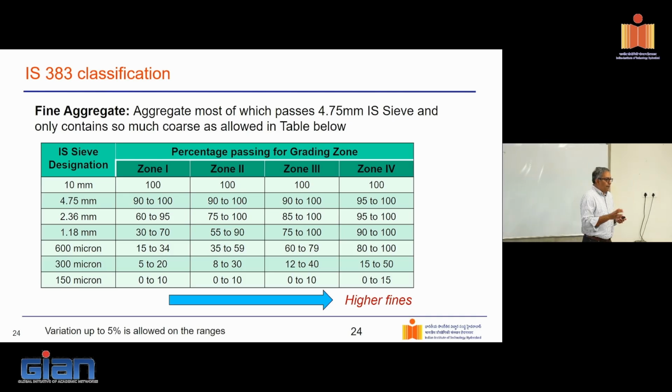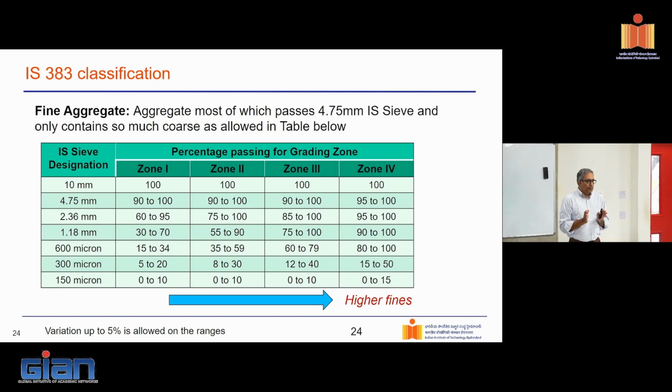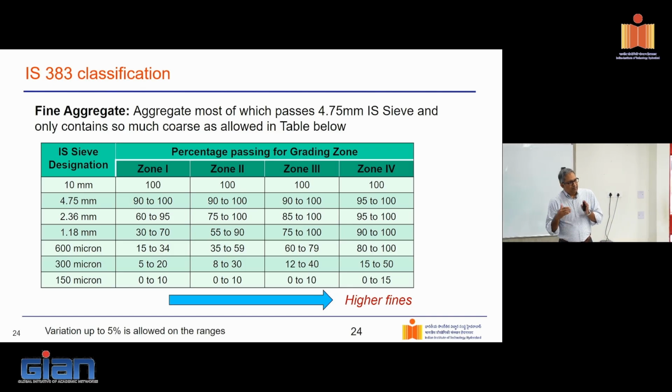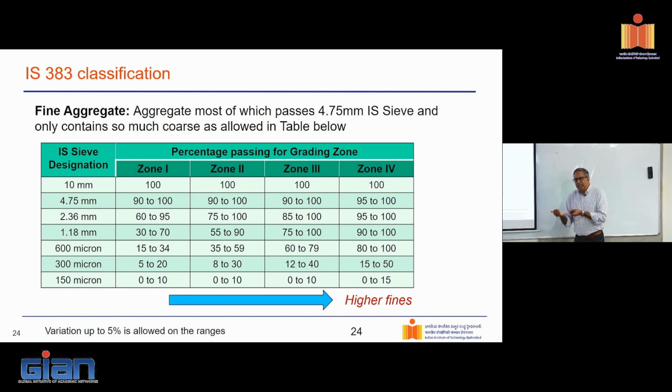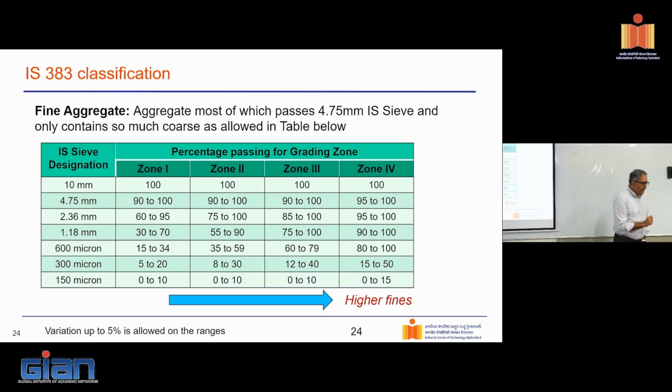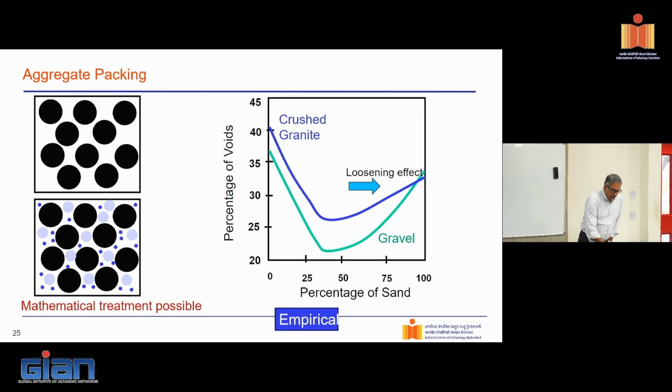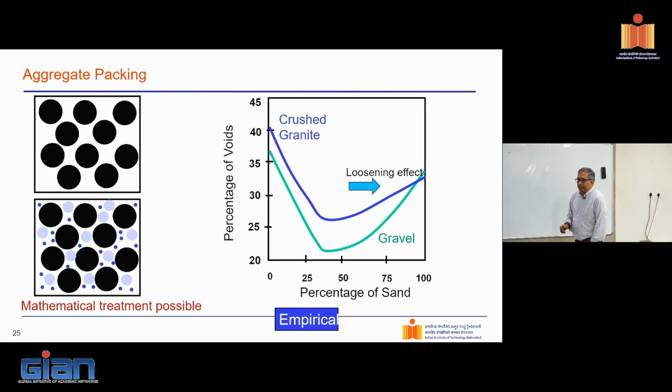Right? So when it comes to coarse aggregate, we insist on some size distribution because at some level I can control it. I'm crushing it, I control it. Right? If I'm dealing with naturally available material, then there's only so much I can do to control the size. So I live with it. I say, well, I'm going to put it into a zone. And what is the game that I'm playing here? It's always about packing. Remember that. Right? So this is the game that I'm trying to play.